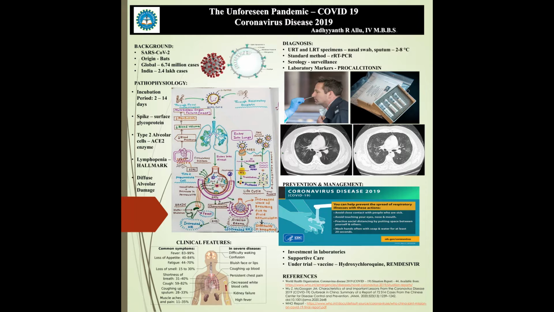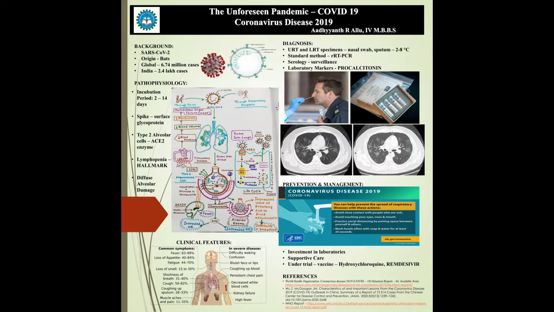It also spreads to the central nervous system, giving rise to fever. The hallmark of the disease is lymphopenia, which is reduced CD4 and CD8 T cells, which is actually a poor prognostic marker. On histology of this severe disease, we can see diffuse alveolar damage, which is typical of acute respiratory distress syndrome, wherein there is cellular fibromyxoid exudates, formation of pneumocytes, as well as formation of the hyaline membrane.